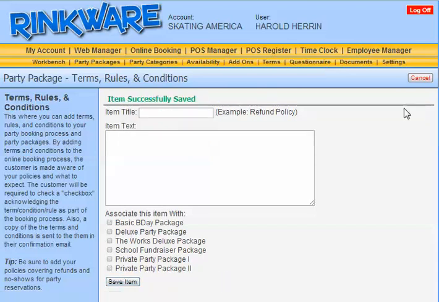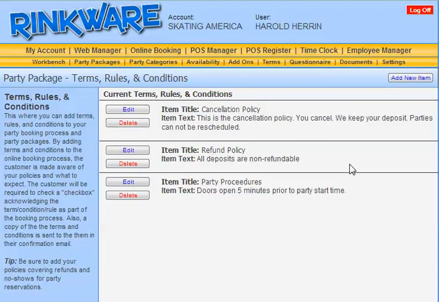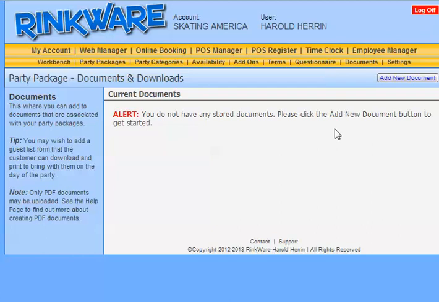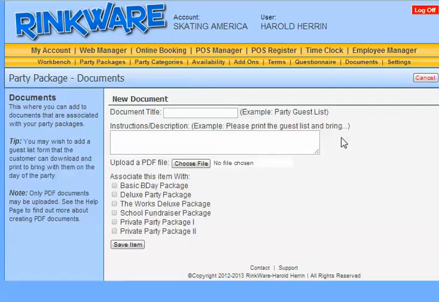Okay, and that term and condition is now going to show up underneath our terms and conditions. There's our refund policy right there. Now you can upload documents to associate with your parties here. For example, we might want to add a guest list here